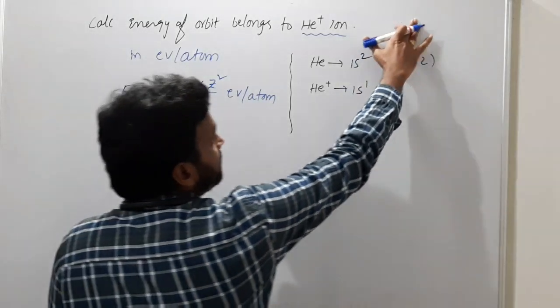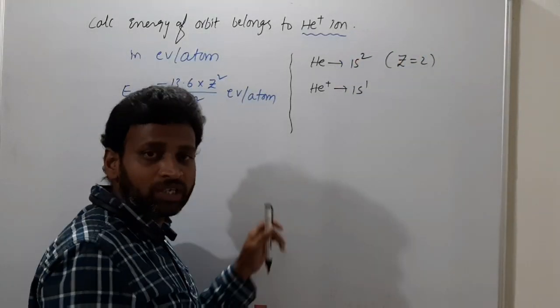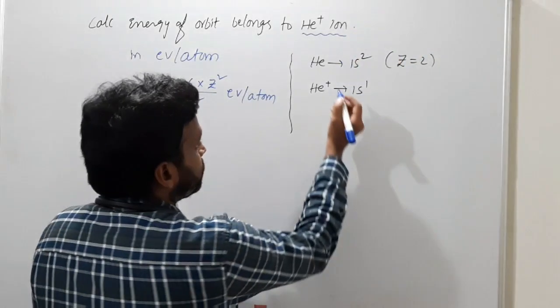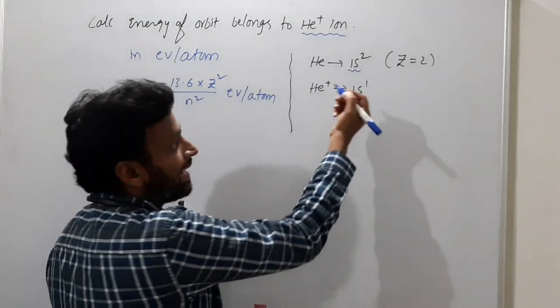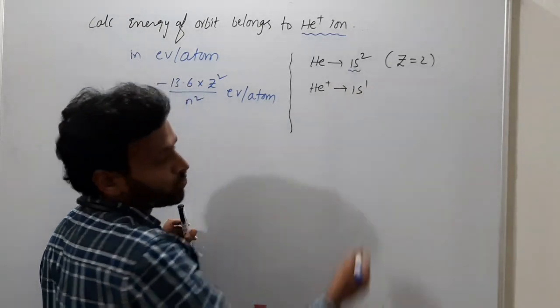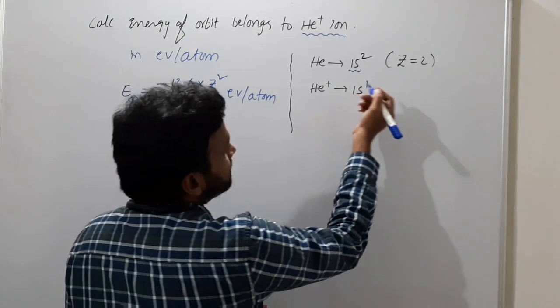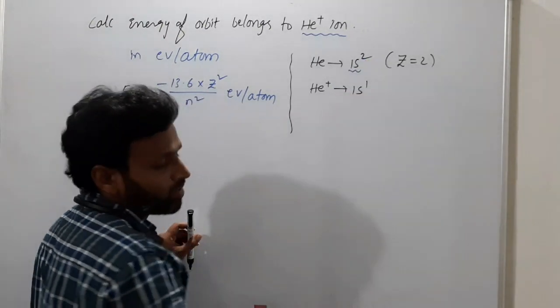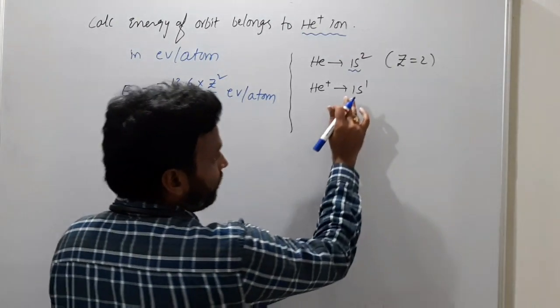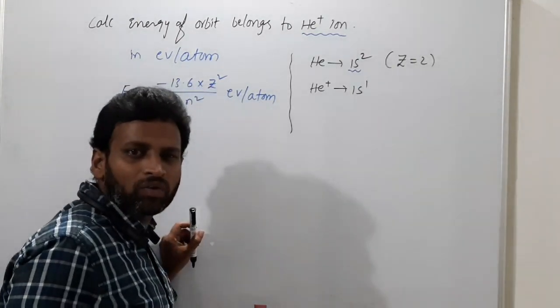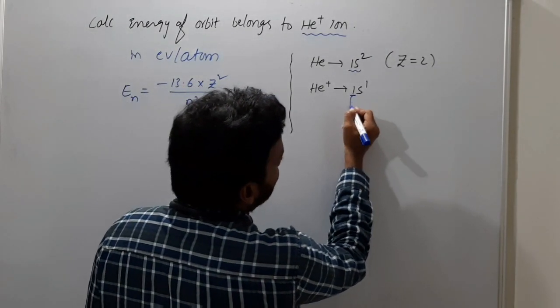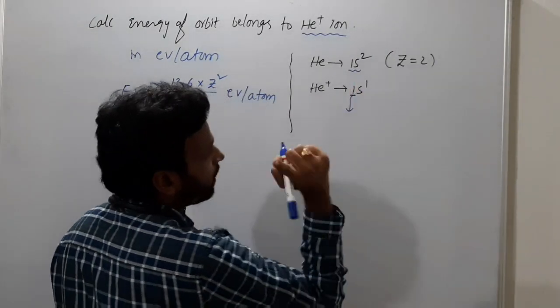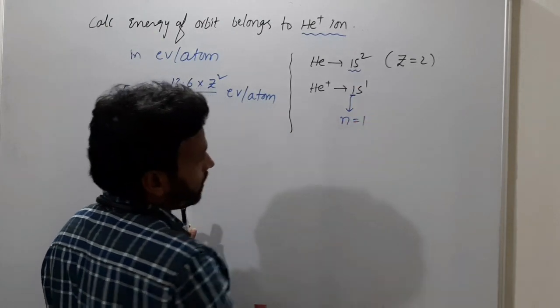Initially I started with these only, in our introduction classes. So helium has electronic configuration 1s2. So He+ is 1s1 because it lost 1 electron. Of course. And why are you talking about electronic configurations? Because here I have this particular number. What is the number you have? 1. That means n is equal to 1.